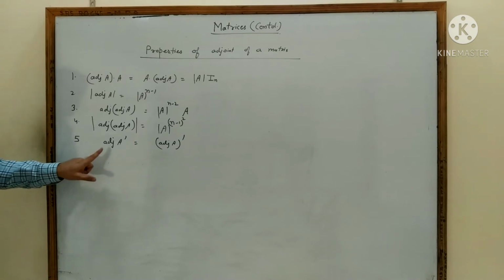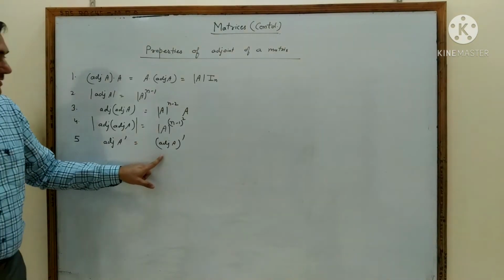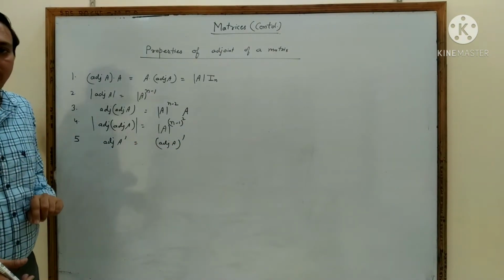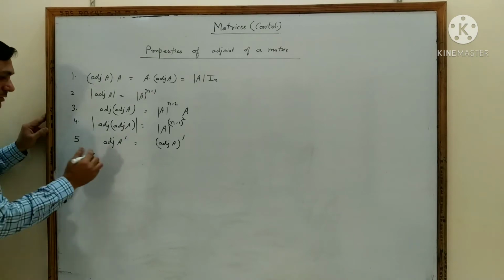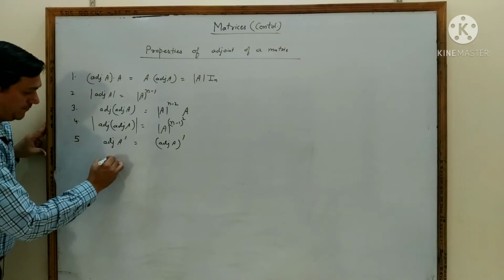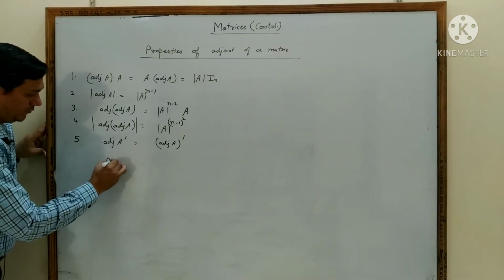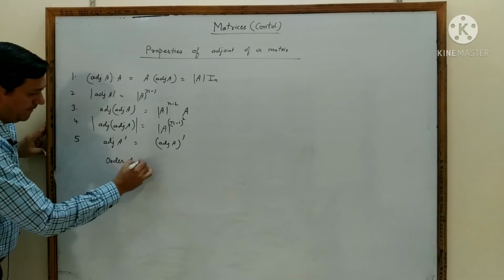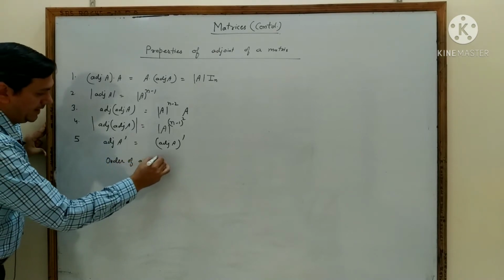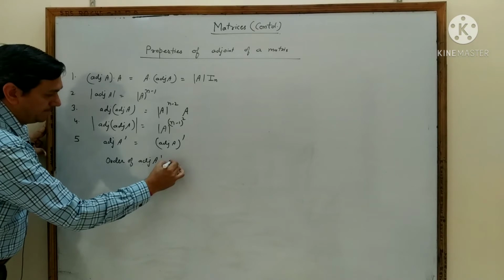So the LHS in language is the adjoint of the transpose of a matrix, and the RHS is the transpose of the adjoint of the matrix. First of all, we mention that the order of adjoint of A dash and